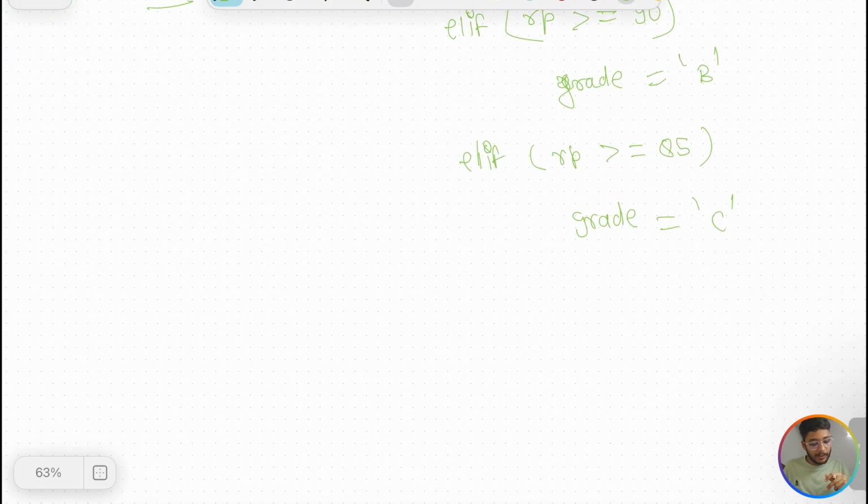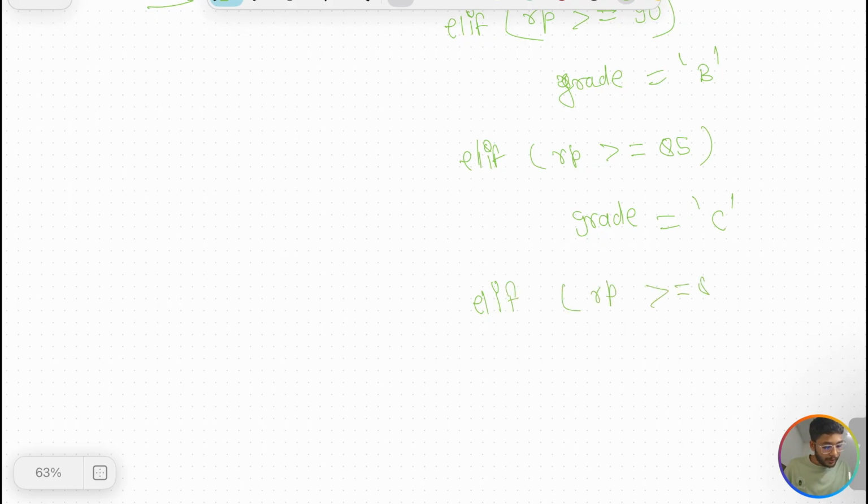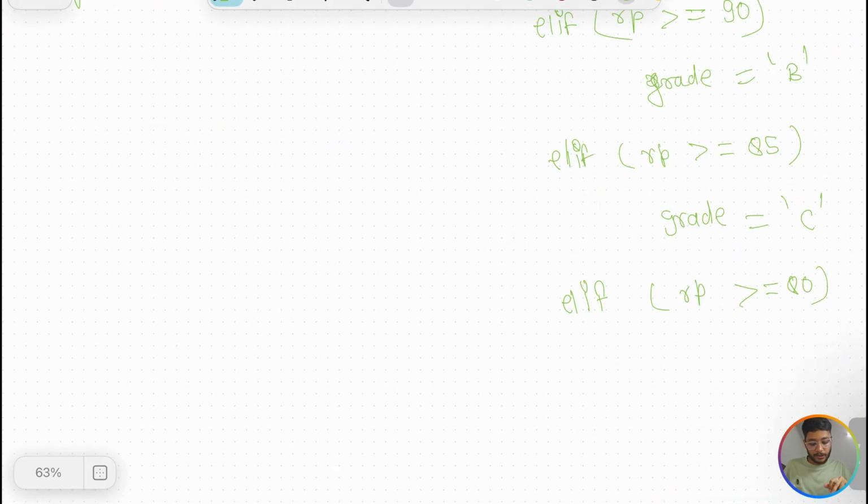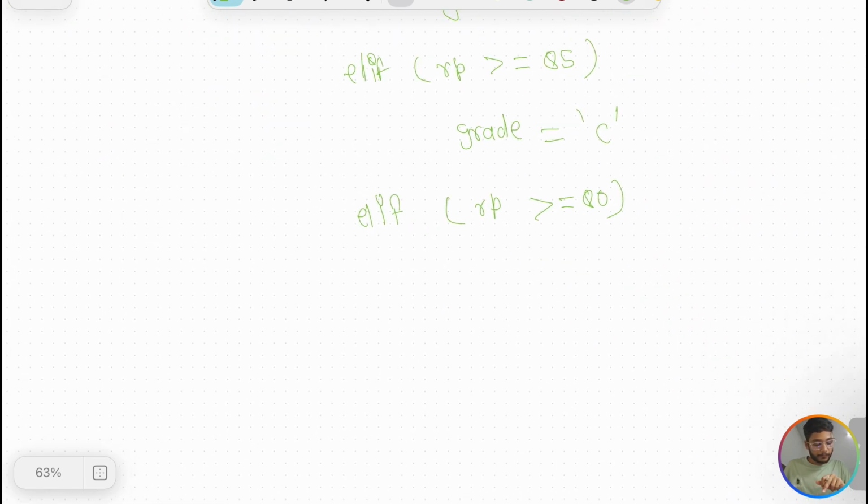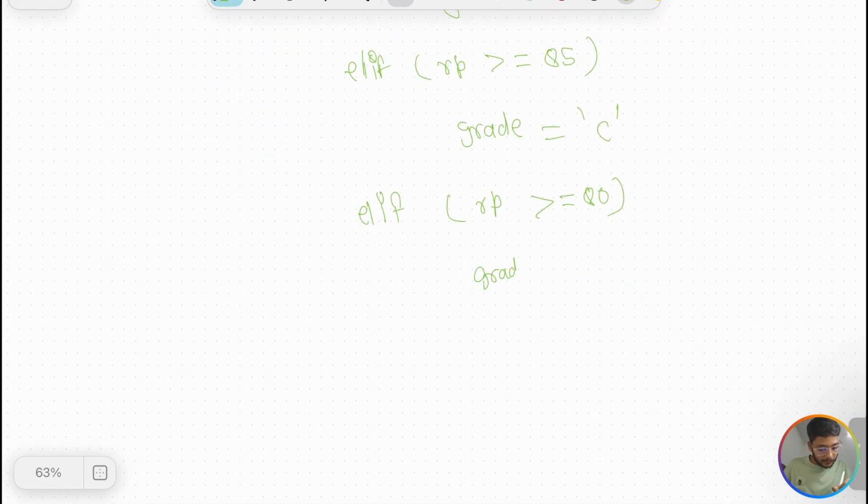Okay, and similarly you will say elif RP greater than equals to 80. It's less than 85 definitely, and it is greater than or equals to 80. Then you will assign grade D.